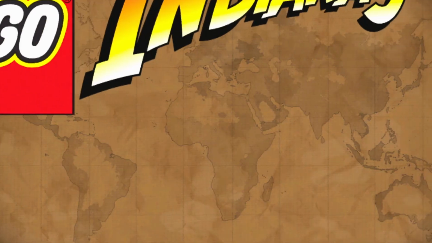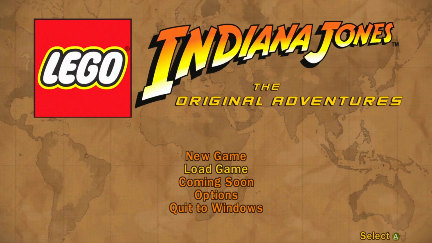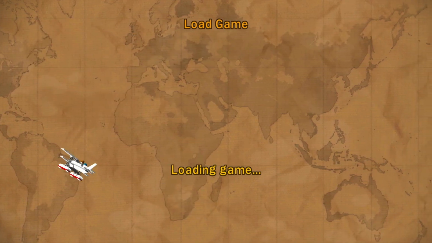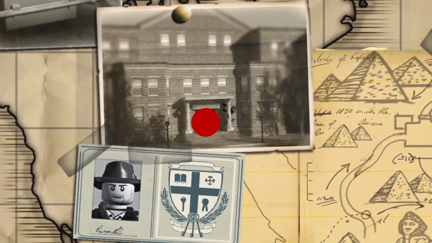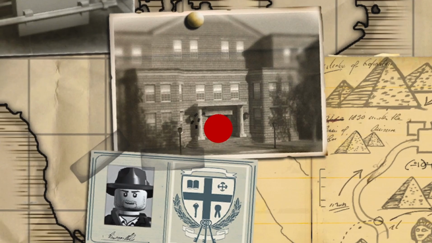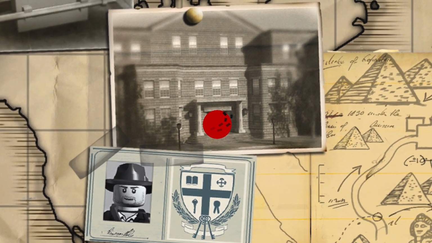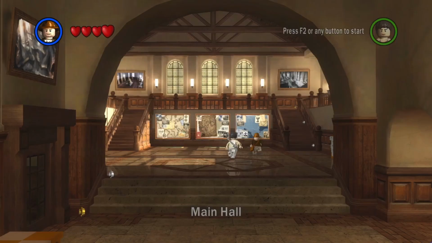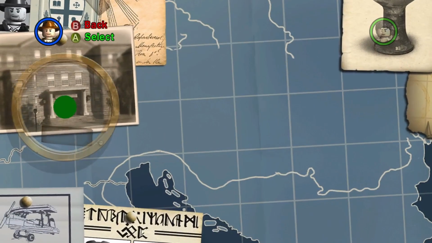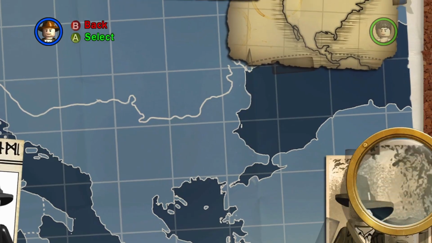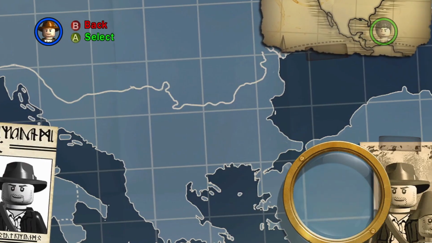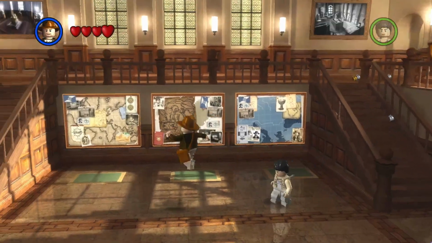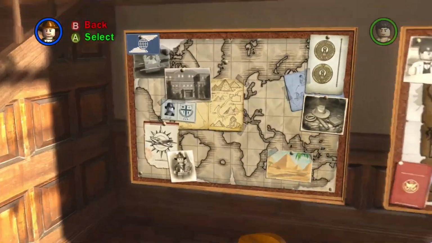Okay, so game's loading. Okay, we're at the start screen. Start. It's like game 3. Maybe the mechanics work a little bit differently here.